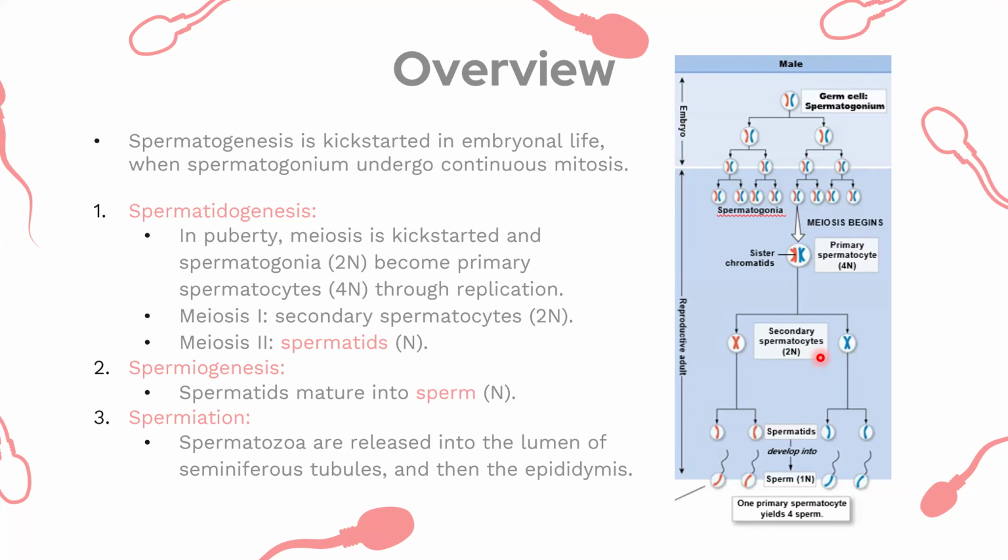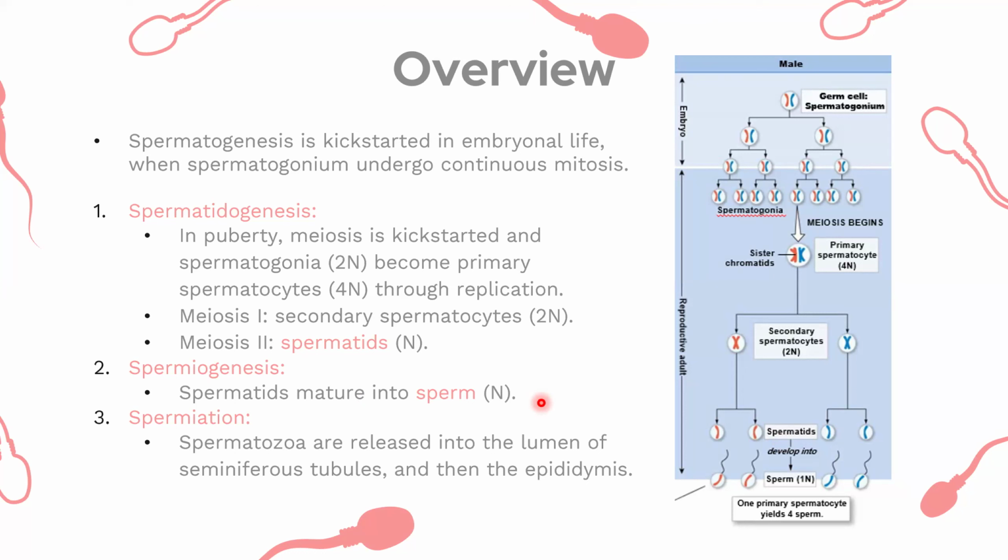After finishing meiosis 2, the secondary spermatocyte is going to give me haploid spermatids, which will move on to the next process of maturation where we're creating our sperm, right? So spermatids mature into sperm. Both of them are haploid. It is just a process of maturation, which is in